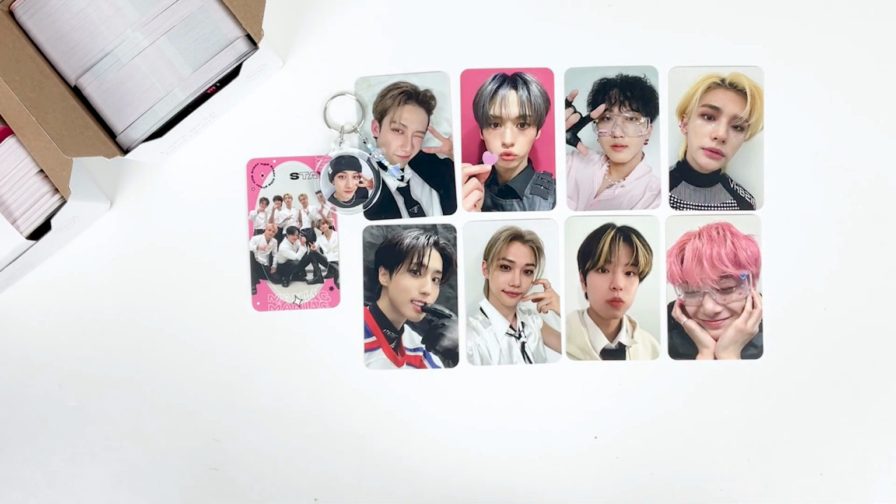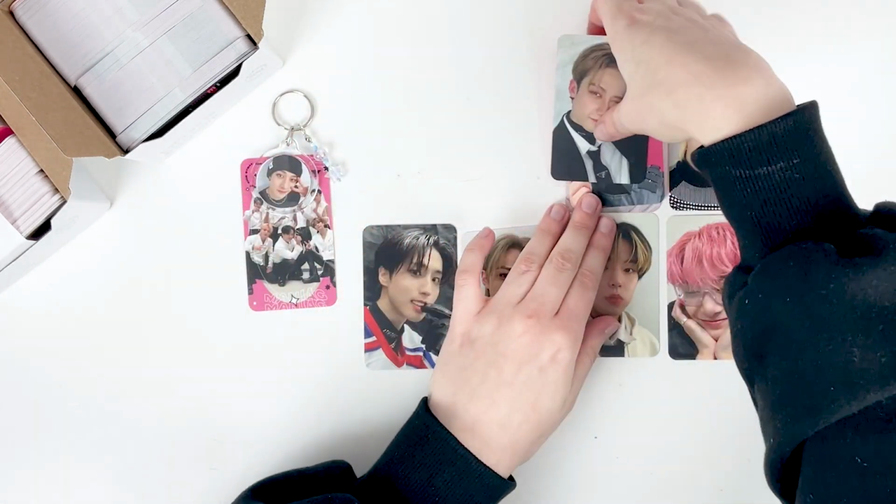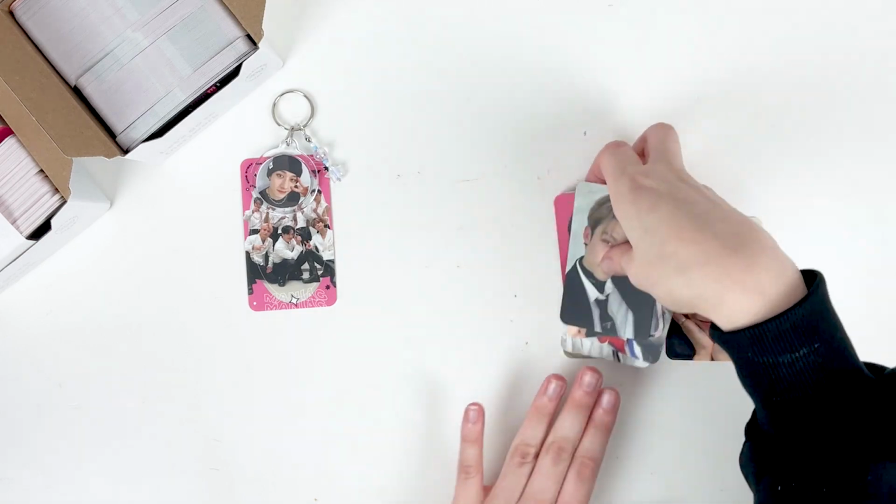I think it's all worth it. Seeing everything come together now is definitely feeling very worth it. So let me just pick these up, and I'll do a closer